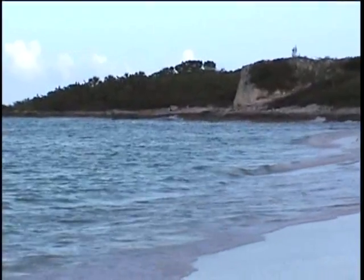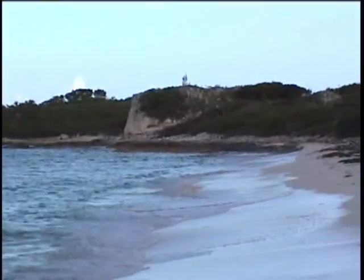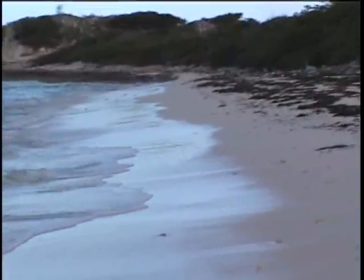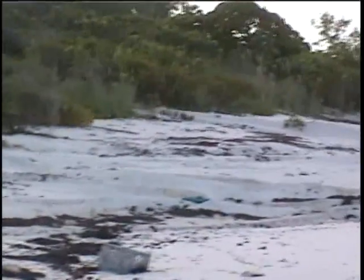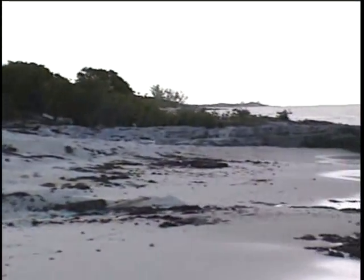This is the beach at the sand lodge, sand beach at the lodge, looking east, down through the beach. The lodge is up and over the top of this hill behind the sea grape. And there again, looking back along the beach, further along the beach. And at this point here, we're looking towards the rock outcrop,